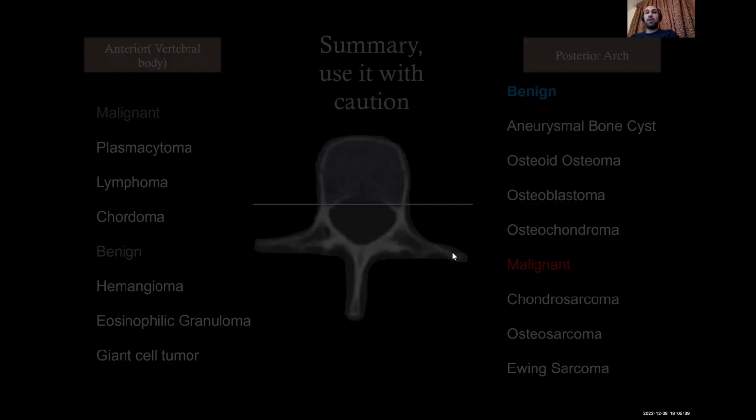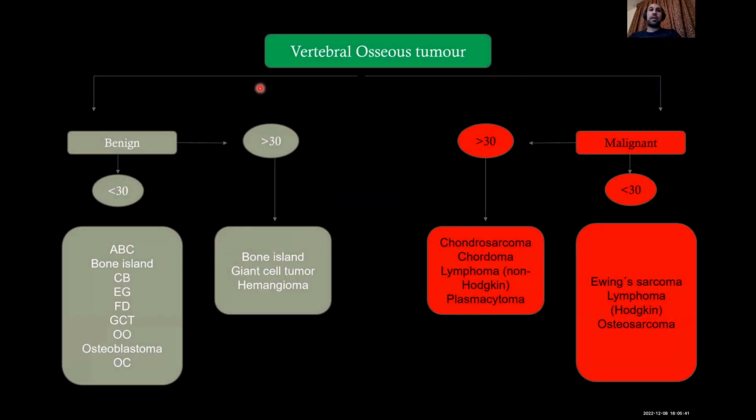the Ewing sarcoma. And the classification according to age, you have to classify them below and above 30 years old. The most common malignancy in young age is Ewing and osteosarcoma, and the most common benign in young patients is aneurysmal bone cyst, as we mentioned above, chondroblastoma, and all of these tumors. Okay,